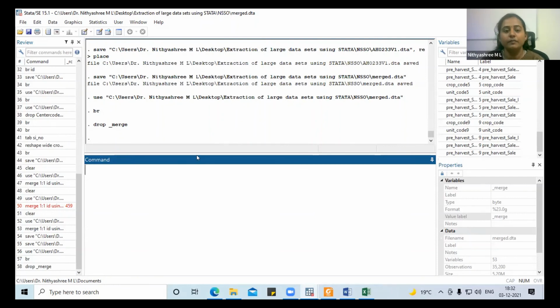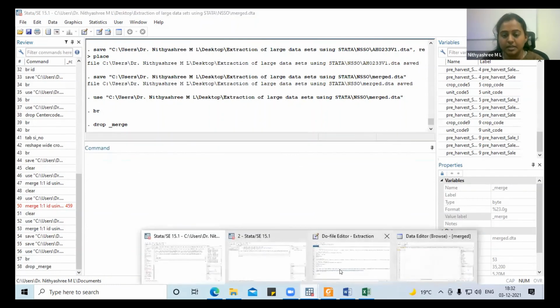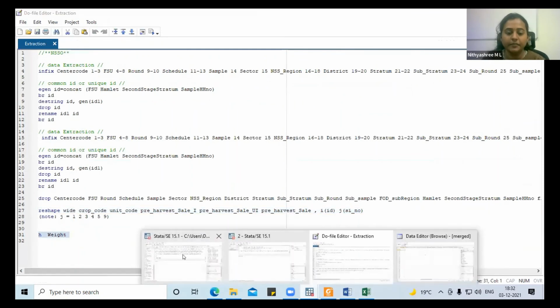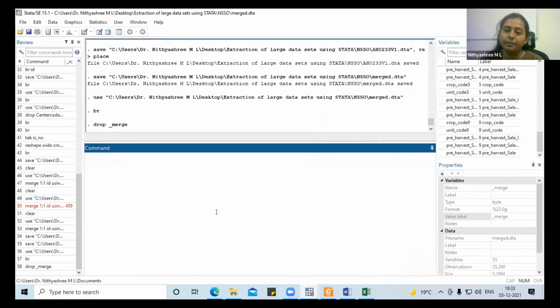Okay, so one more important thing I want to mention here is the use of weights. What is the use of weights? This is sample data, right? This data is collected by a government agency, and this is not the entire population. Exactly the way we as students collect primary data, we go to the village and collect, but that is not the entire population data. But we want to estimate. This data also gives us the provision that we can use the multiplier given in the database, and we can estimate it. How do we estimate?